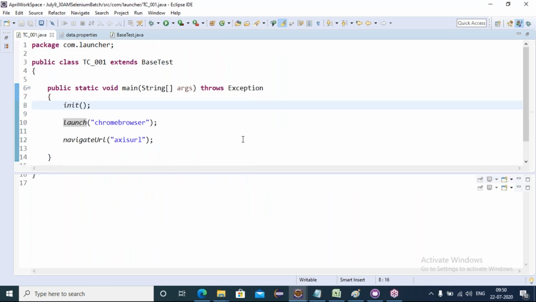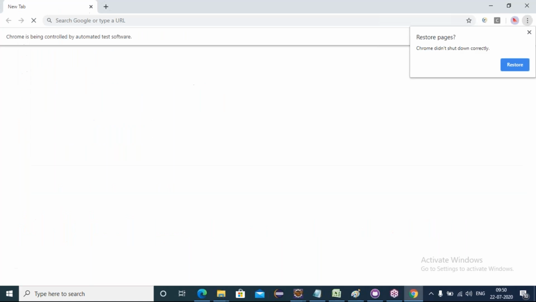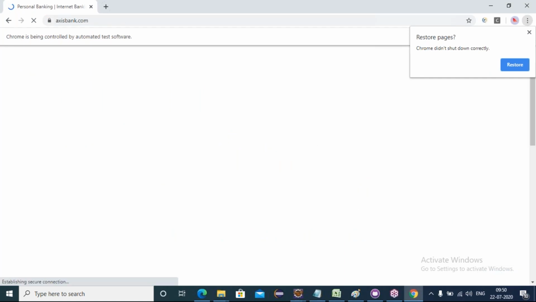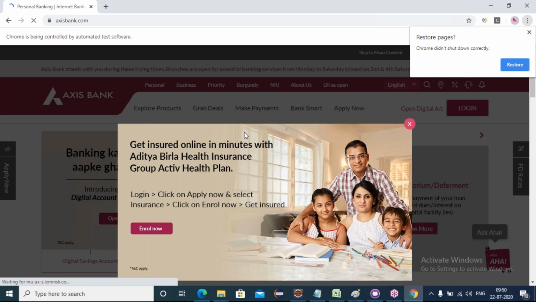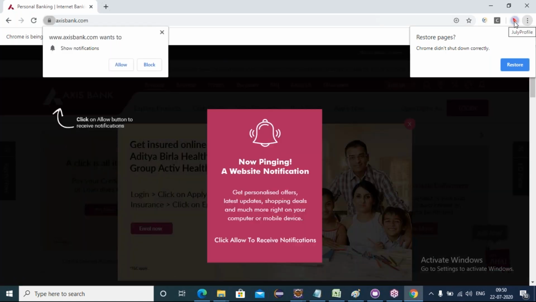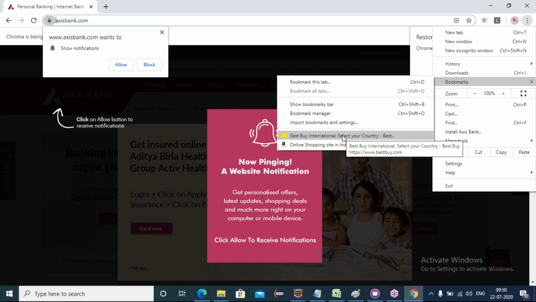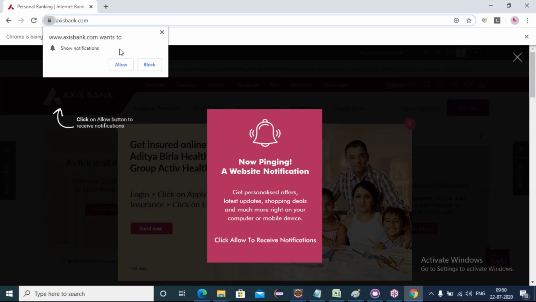Now my user defined profile, the July profile, has opened and the path is available. We can also find the bookmarks. Got it? And now, friends, we can see some notifications coming over here.